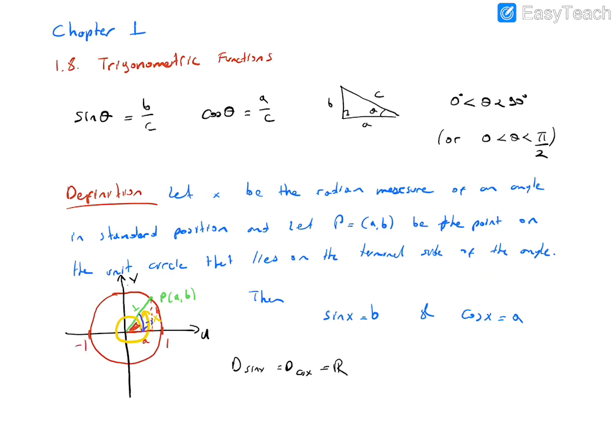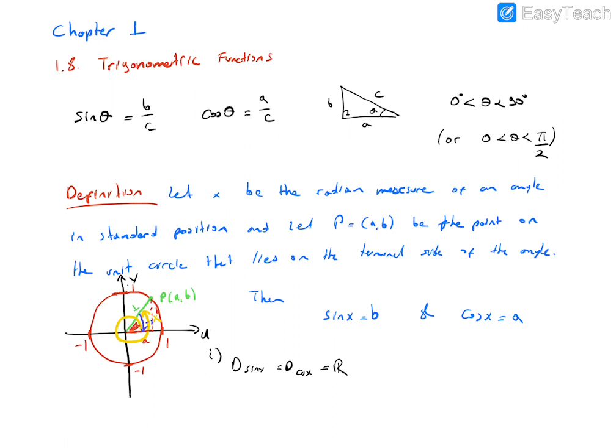This point is -1, so that means A is between -1 and 1. This point is -1, this point is 1, okay? So that means B is between this point and that point, so -1 and 1. So what that means, sine x is between -1 and 1, cosine x is between -1 and 1. So we obtained that fact.